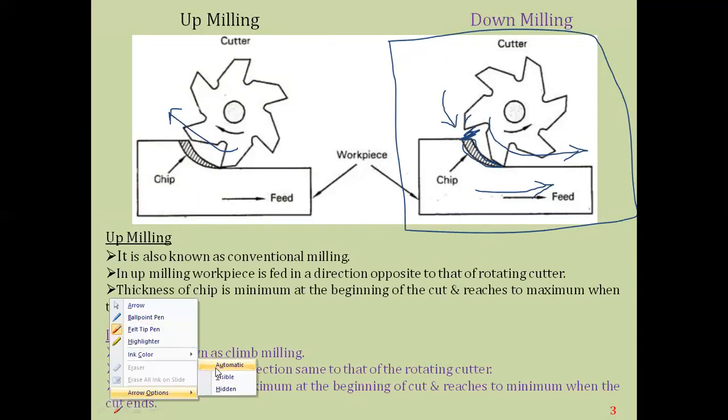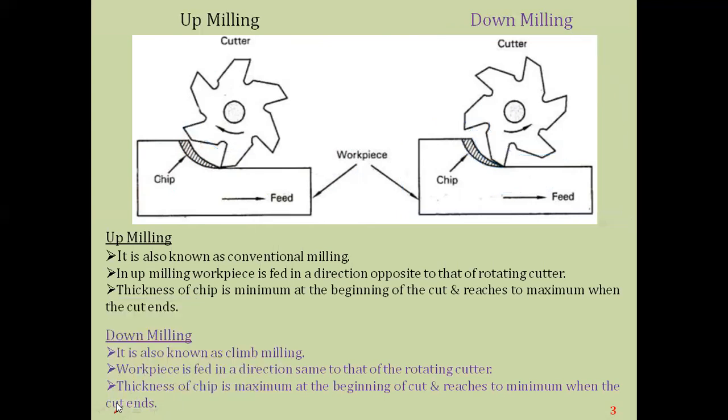So once again, I will revise this one. Always keep in mind that for the up milling, the direction of the workpiece and the direction of the cutting tool are in opposite directions. This is the first important difference. The second important difference is that in the up milling, minimum material is taken away at the starting point, and at the end point, maximum material is taken away. This is the removal rate of the material here. The third point is the force is applied in the upward direction itself.